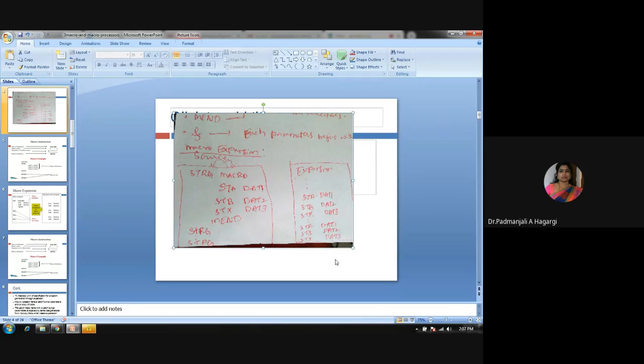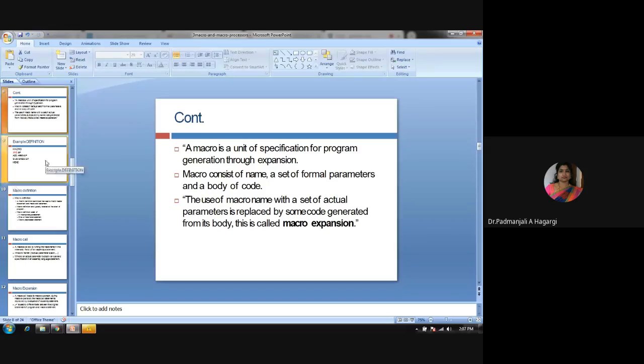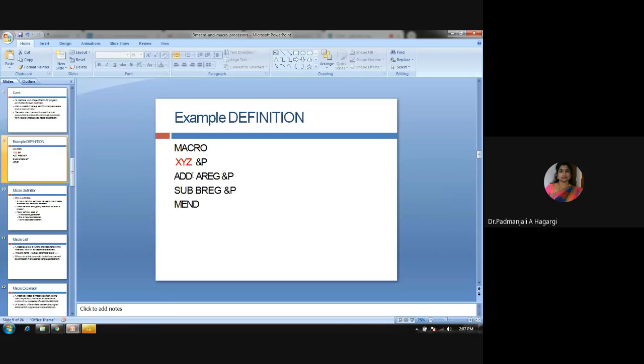I have told you in the previous class also that there are three types of parameters. Now where can the parameters be? The parameters, which I wanted to show, I have not taken in this example, because going directly to the parameters, you may not be able to understand. So here I have taken a macro with a parameter. The name of the macro is XYZ. How many parameters were used here? I have used one parameter.